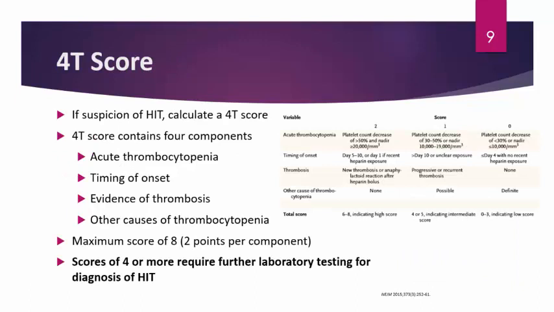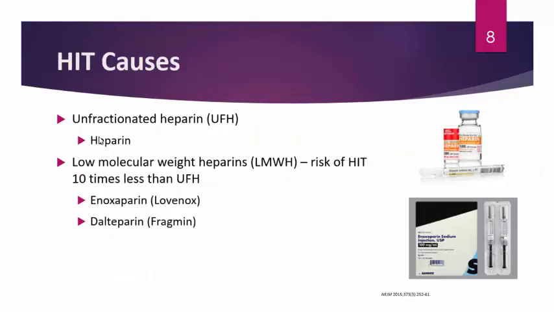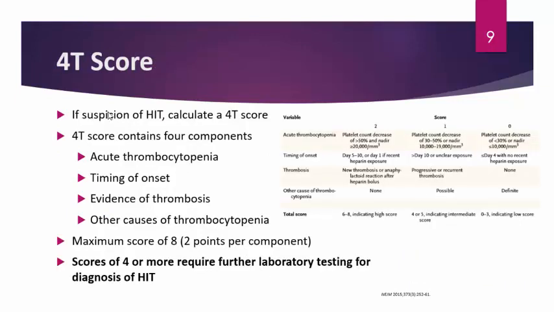So, how do you essentially go about calculating or diagnosing heparin-induced thrombocytopenia? If you start seeing a drop in platelet count and your patient is on one of these heparin products, either heparin, Lovenox, or dalteparin or Fragmin, if you have a significant decrease in platelet count, you may want to diagnose HIT. And whenever you try to diagnose HIT, what you need to do first is calculate what's called a 4T score. And a 4T score contains essentially 4 components.